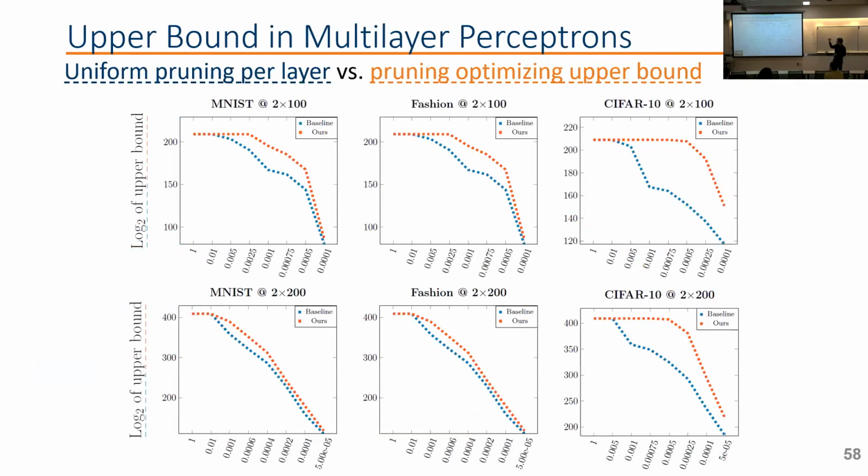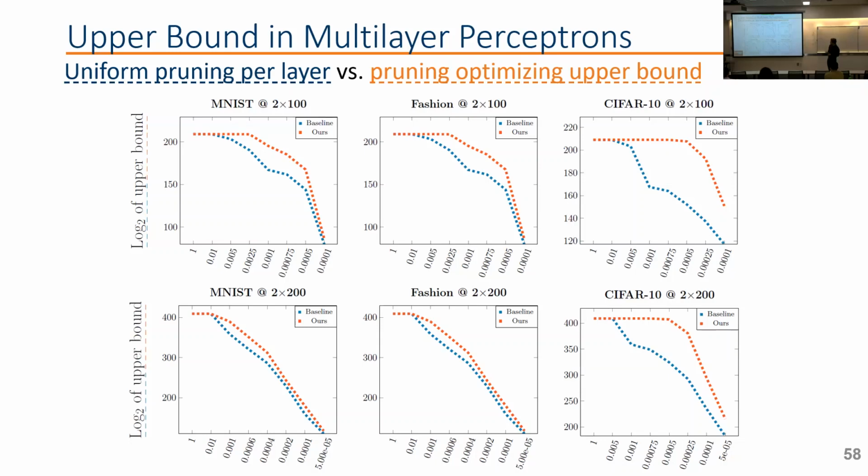First, for multi-layer perceptrons. What you're seeing here in the blue curves is the upper bound if you just prune the same amount for all the layers. And what we're seeing in orange is the optimized upper bound when we choose how much we prune from each layer more carefully. And as you can see, it takes a little longer for this upper bound to go down with accuracy. And well, we do see that, for example, these